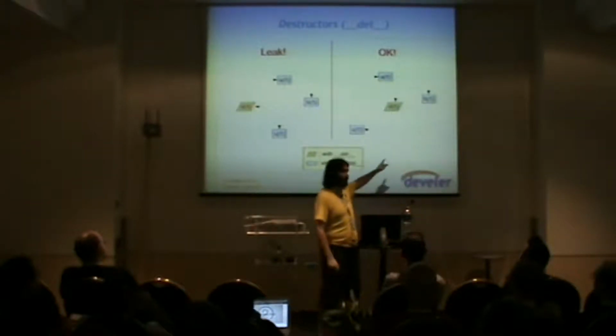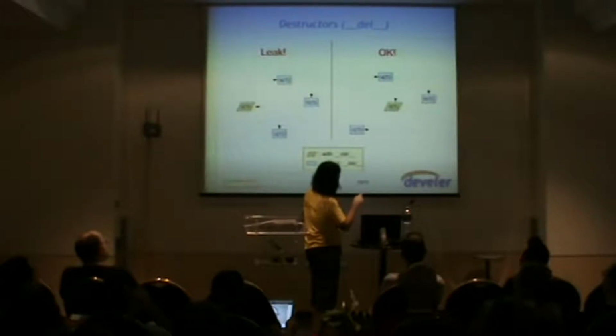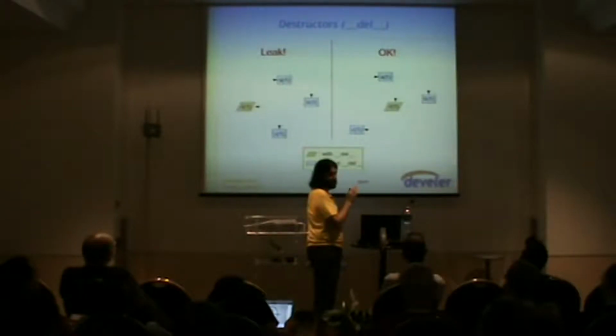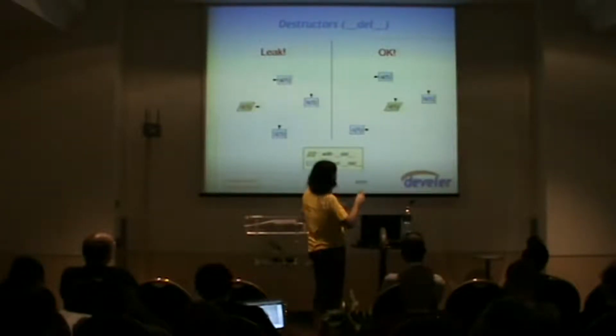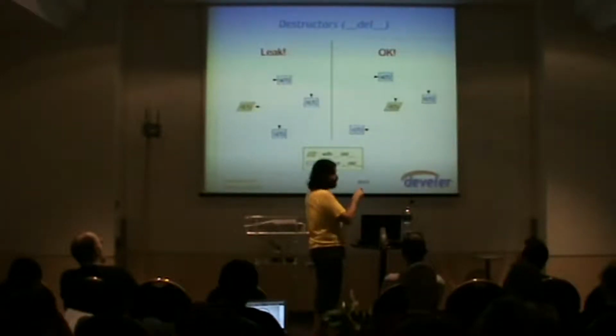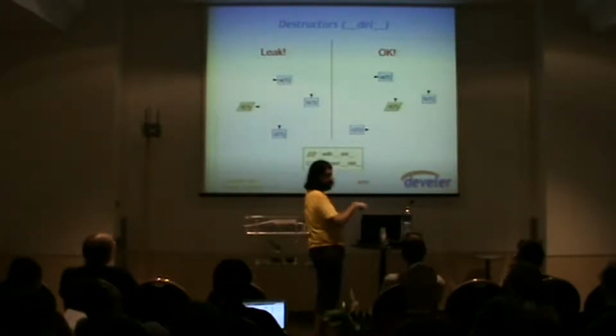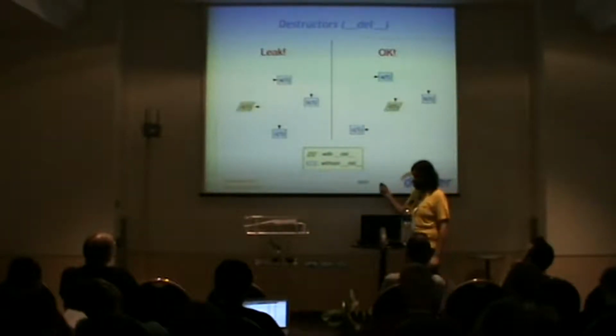Because in this case, the garbage collector knows that it can break the cycle at any point and nothing weird happens, because it doesn't touch these objects. They're not technically part of the cycle. The cycle is holding this object alive, but it is not part of the cycle. Since the garbage collector only works on cycles, it doesn't see these objects. It just sees these objects, says okay, there are no finalizers, let me break stuff here, and then everything goes away. If you have something like this, you have the leak.